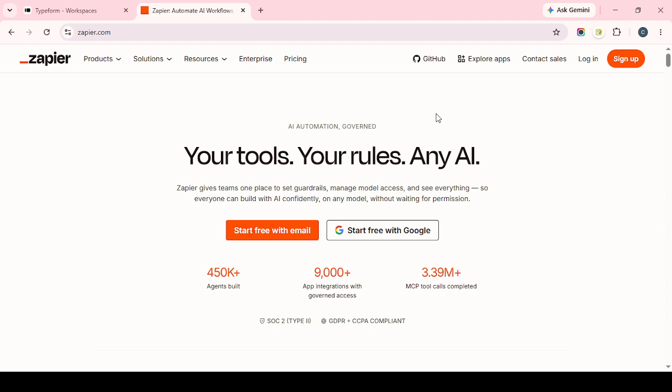Turn on the Zap. From this point forward, every new Typeform entry will automatically be sent into ConvertKit as a subscriber and added to your selected form or tag. That's it. Your lead capture